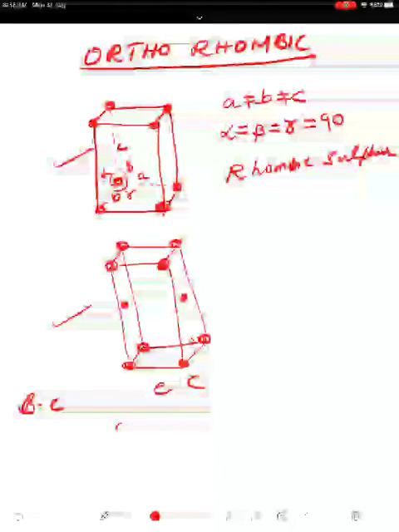So all the 4 variations are there in the third crystal system, that is orthorhombic. First one cubic, in that 3 variations: simple cube or primitive, body centered, face centered. Second one tetragonal, white tin, 2 variations: primitive and body centered. In the third crystal system there are 4 variations: primitive, body centered, face centered and end centered. And the next crystal system, that is the fourth one.